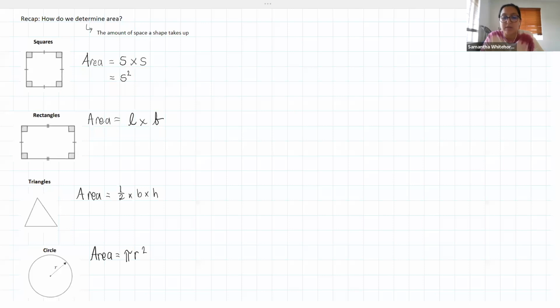So these are our formulas to work out the area of our different shapes. We spoke about this on Monday, so I'm not going to go through them again. If you are unsure of any of these formulas,